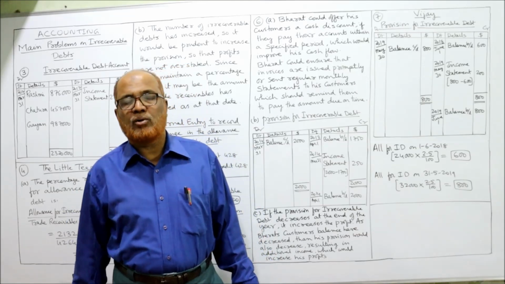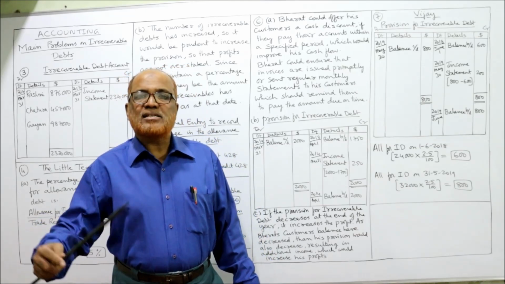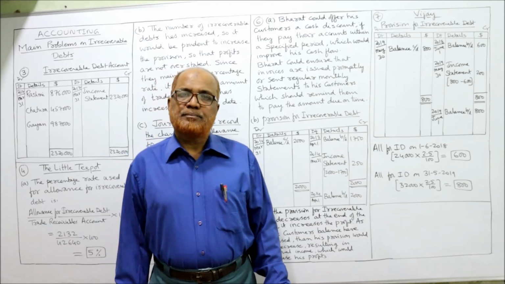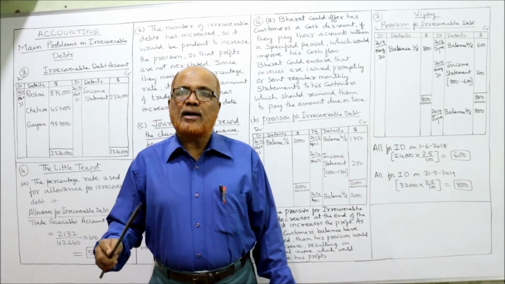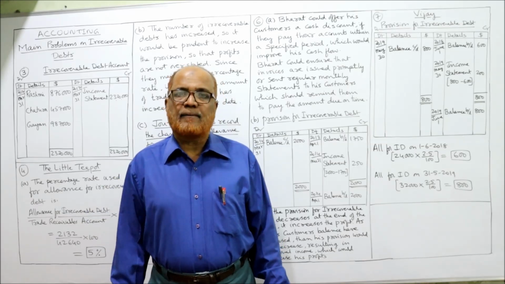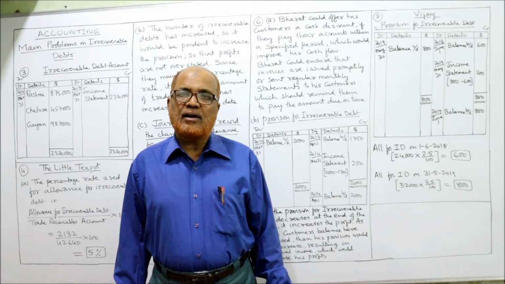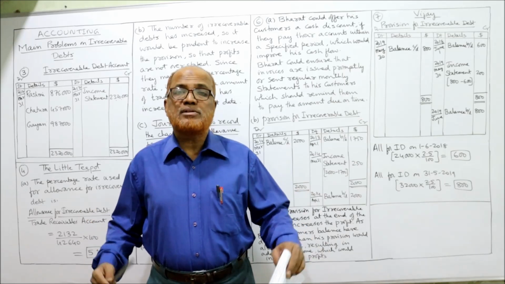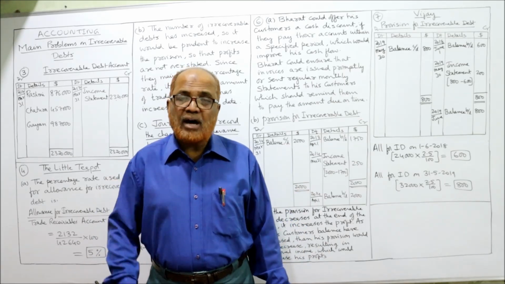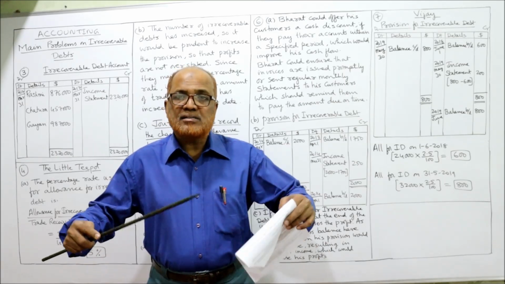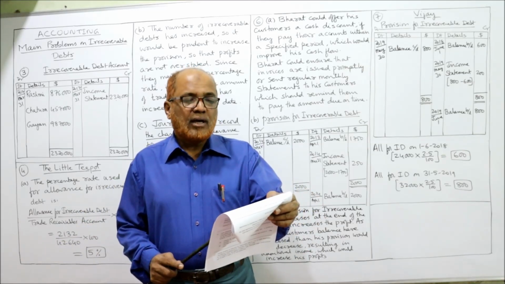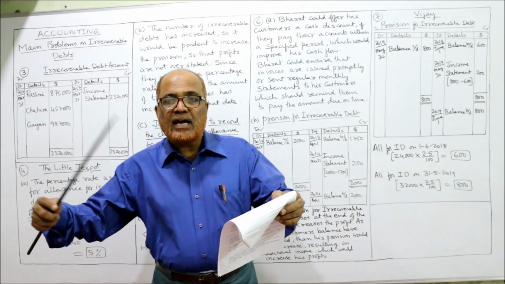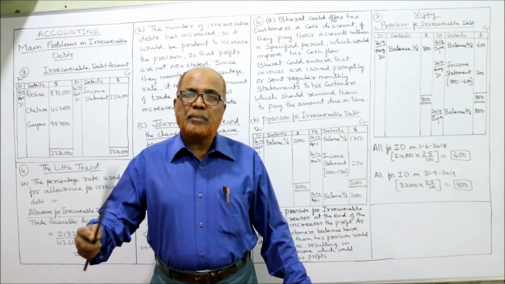It's a theoretical question. Two ways we have to suggest to Bharat in order to improve his cash flows, in order to reduce his irrecoverable debt. Nobody wants irrecoverable debt because irrecoverable debt is a loss to the business. We should try to minimize irrecoverable debt by taking some steps. So it is asking you to explain two ways in which he can encourage his customers to pay the amount